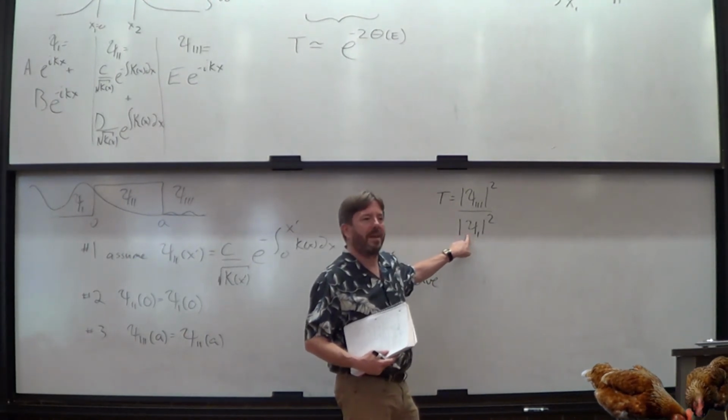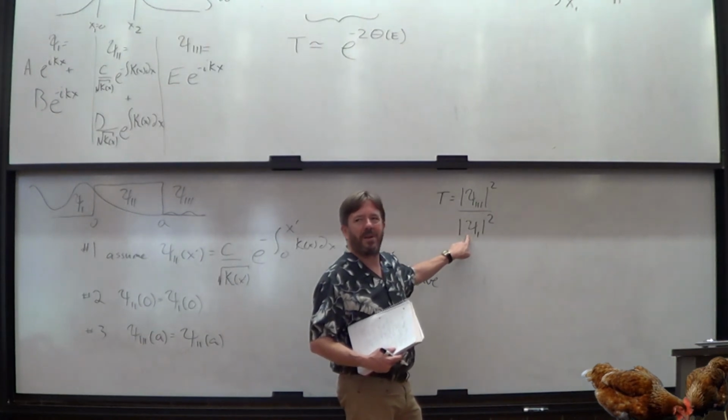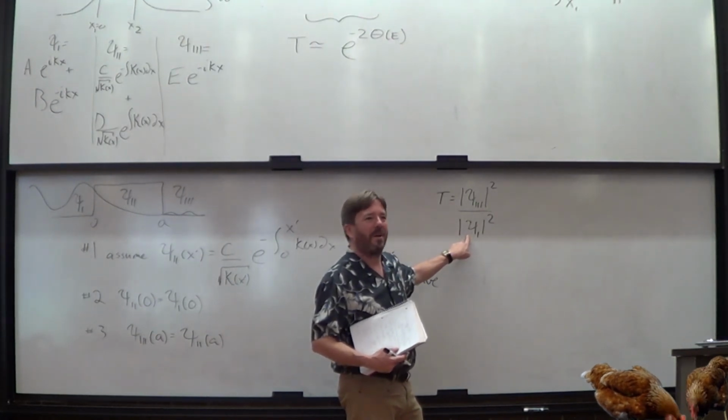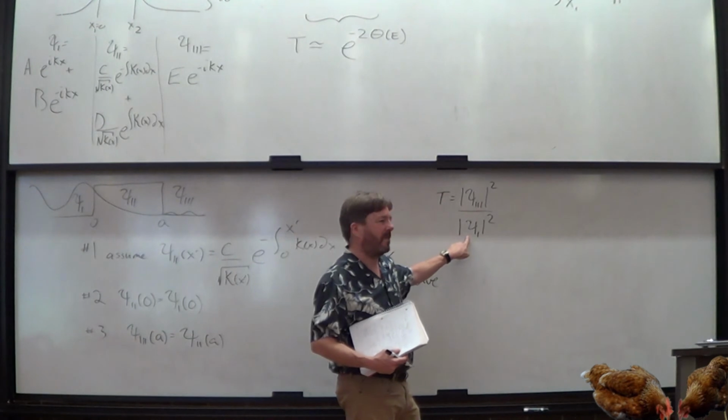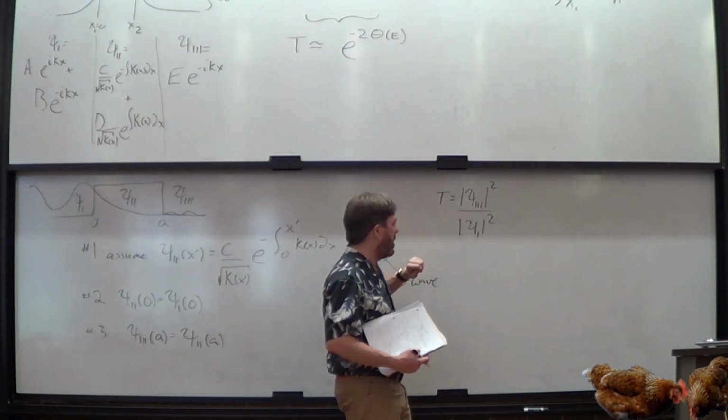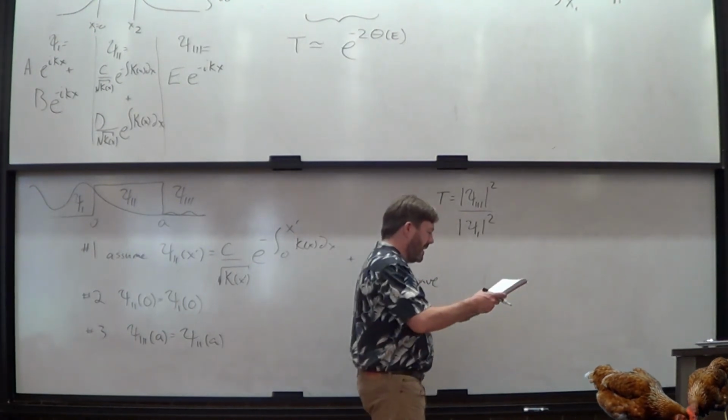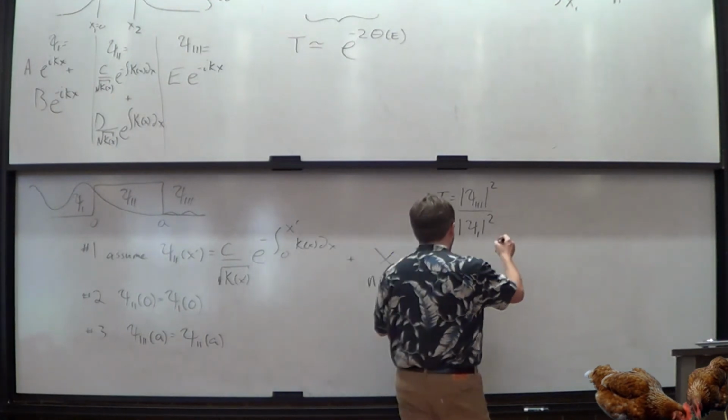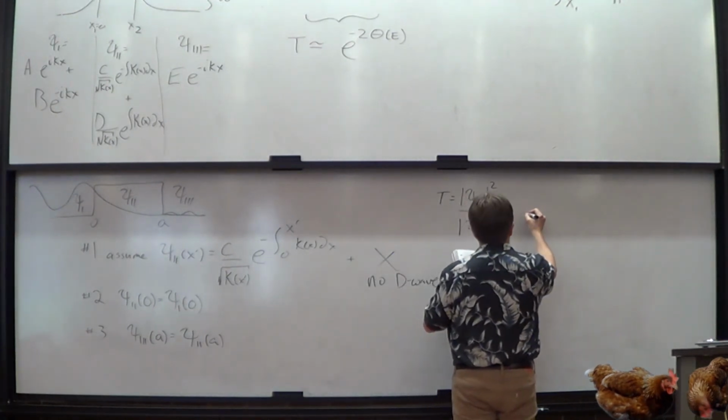This is basically the same thing as setting B equals 0. So you assume you don't have any reflective loss off the first barrier. So we're making a lot of approximations here. So note that this is an approximation. Okay. Now, wave function 1,